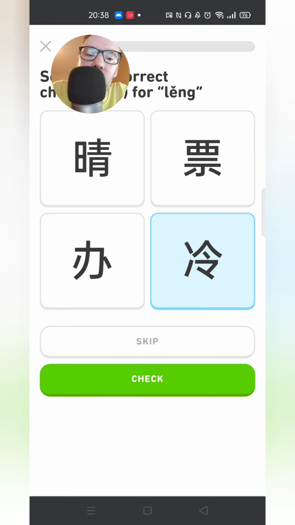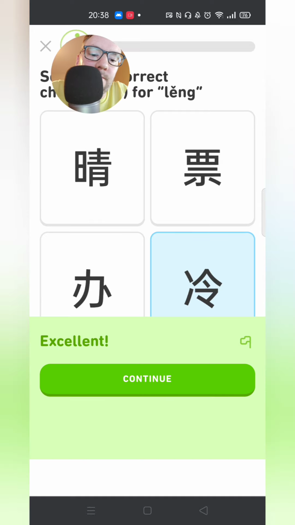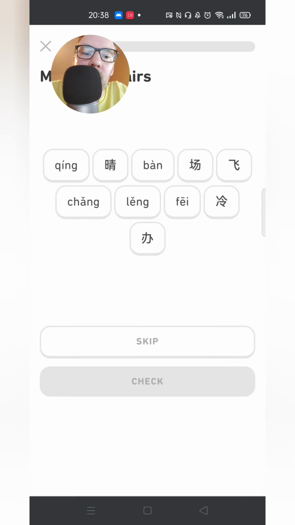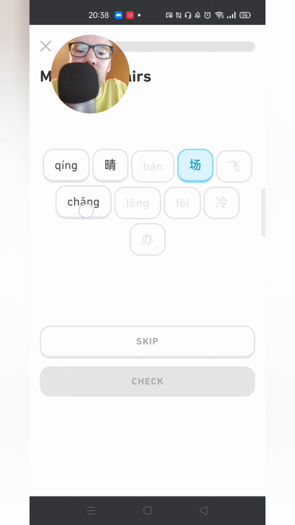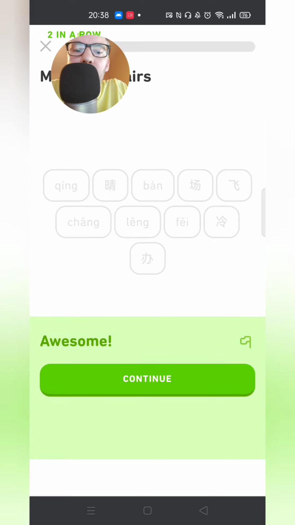Lung is this one. You can see the two little streaks on the left hand side, and that sort of means ice. So lung is cold. Then the pairs: fei, lung, ban, chang, jiang.